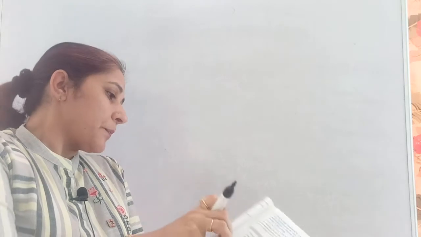Next is 11th. For the same kinetic energy of a body, what should be the change in its velocity if the mass is increased 4 times? For the same kinetic energy of a body, its kinetic energy should remain the same. So what should be the change in velocity if the mass of the body is increased 4 times?